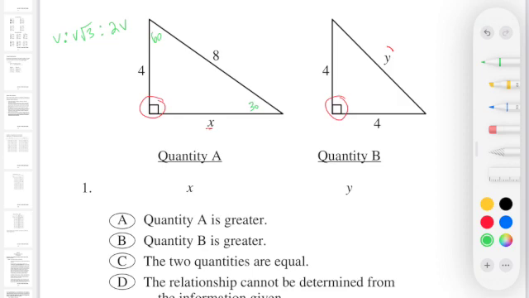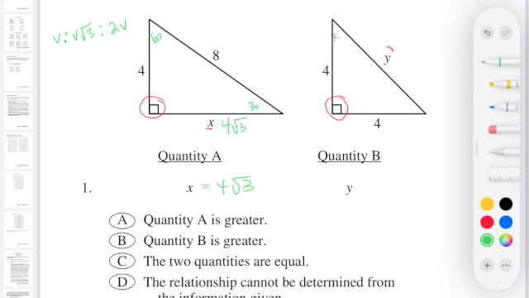So that means we can really easily see what x is. x is going to be 4 root 3. And I can just write that here too. All right. Now y is slightly different because the two legs of this triangle are both 4. If they're the same, there's only one type of right triangle that has its two legs the same,